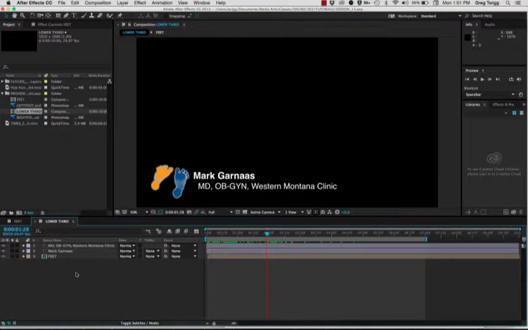asset with alpha active and just bring it right back in your project and replace the layers with something that is actually rendered. That way the computer doesn't have to process those effects or those 3D lights or whatever that is. It's a really nice way to save yourself a little bit of a headache and processing time and expedite the workflow of your own